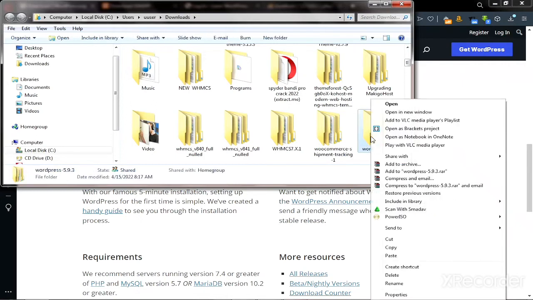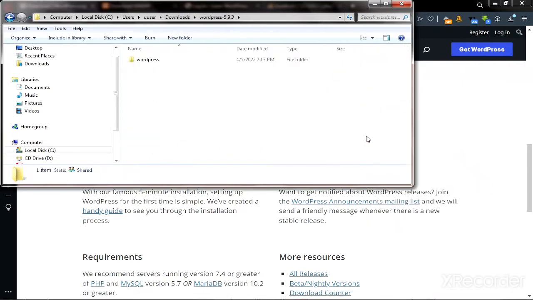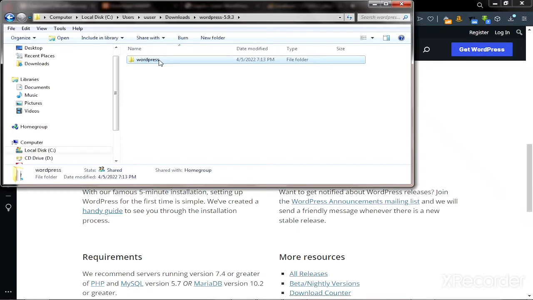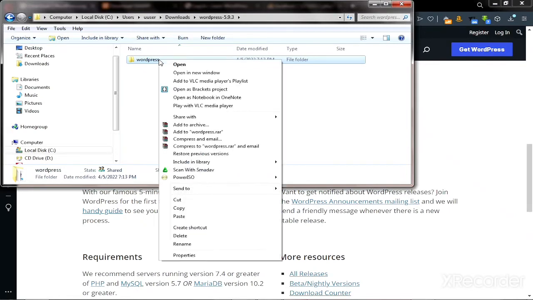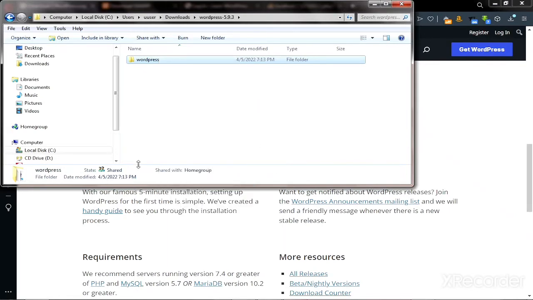Okay, let's copy. Okay, let's open it. When you double click on it, it will open, and this is the actual file. You can change the name of this file if you want to. Okay, so maybe in this video I don't want to change the name, so I'll copy it and go to